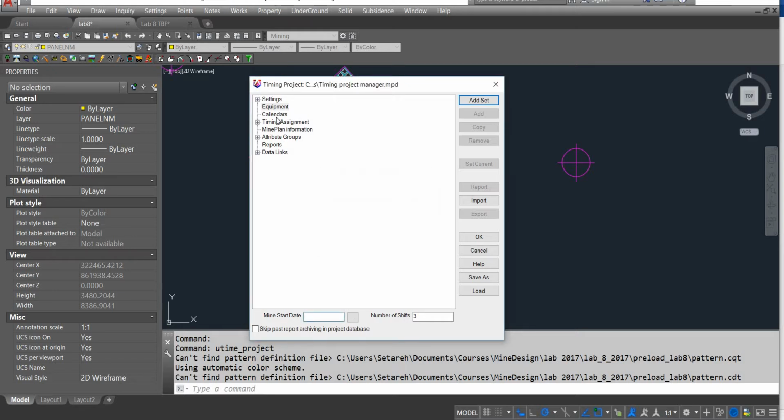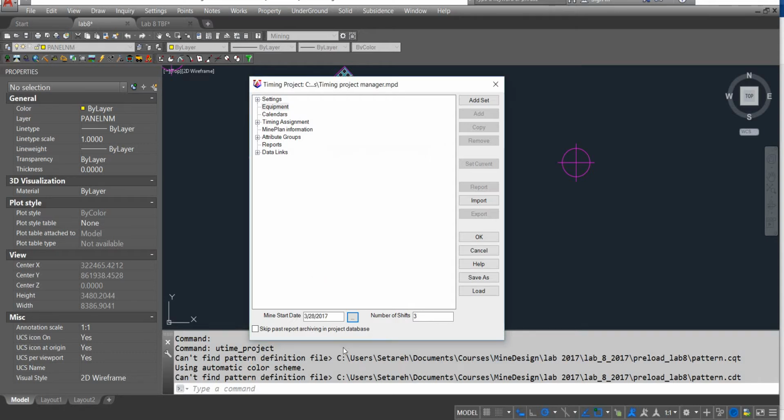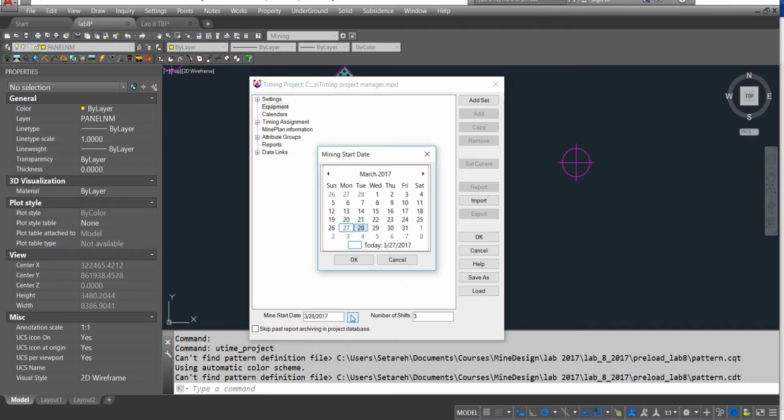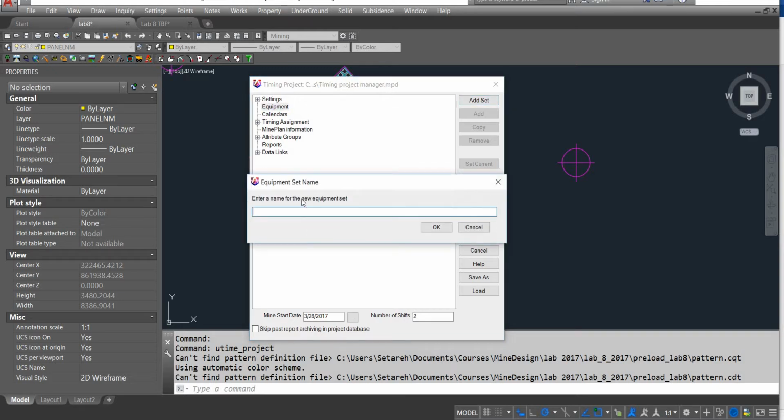Okay, and now we want the mining start date first. So down here, we assume that we want to start from Tuesday 28, and click OK. And we have 2 shifts of working. Now we can add equipment to set 1,